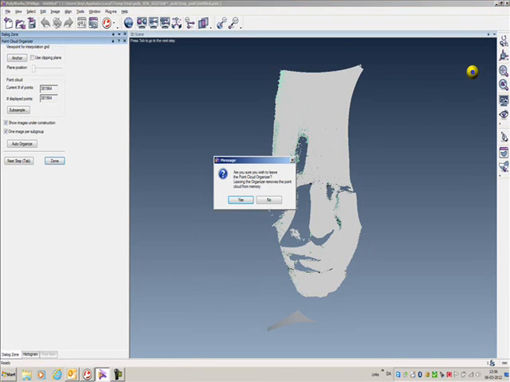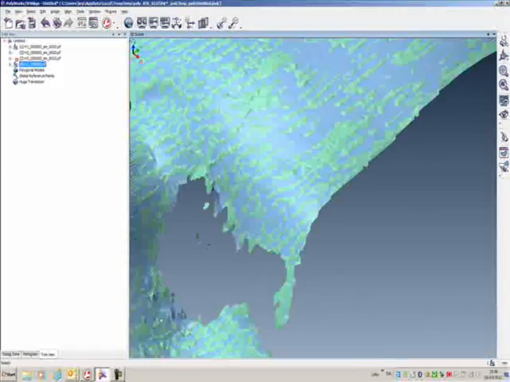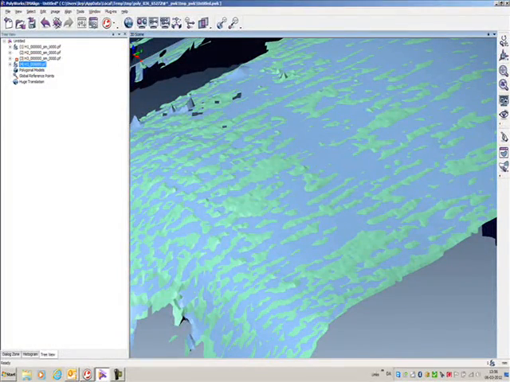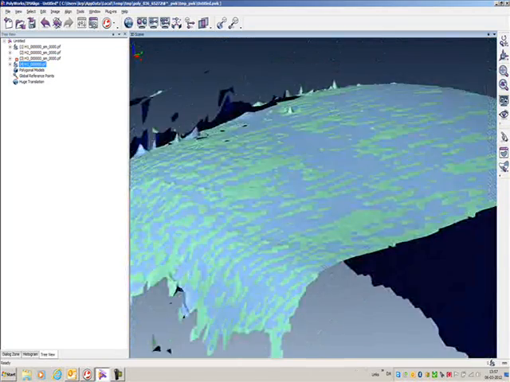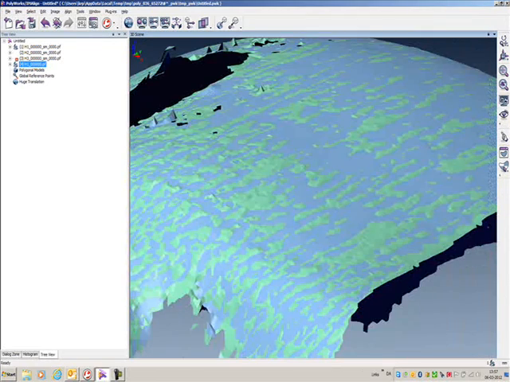So let's take a look at this one. Here it's quite clear. You see very clearly what has happened. Originally we had the green shape. After the smoothing we got the blue one. So you see very clearly, for instance, what happens in this area. It took all the extremities and brought them down to the surface. So this is what smoothing is doing. Smoothing is simply taking away all the outer part of the point cloud and moving it into the so-called average point cloud. So this is smoothing, and it's very useful